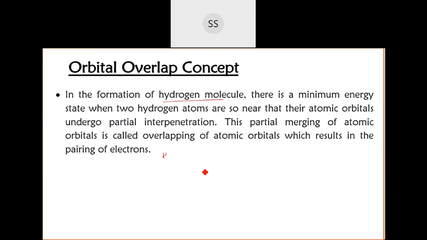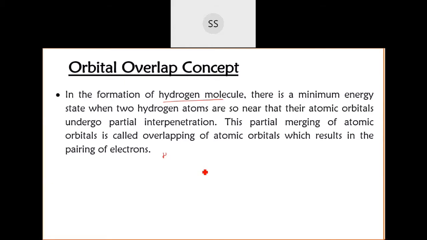You can even imagine, I've taken an analogy example. When you prepare an omelette and put two eggs, what happens? The egg white and egg white get combined with each other. The yellow one, you imagine like a nucleus. One egg you had and another egg you had, and when you broke them together, the egg white gets fused with each other. That is how you should imagine the atomic orbital also.